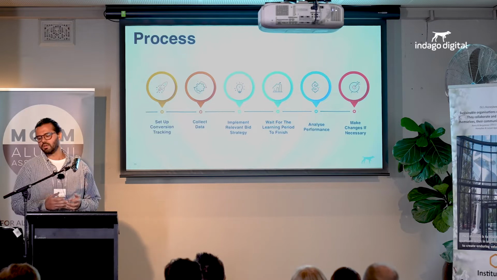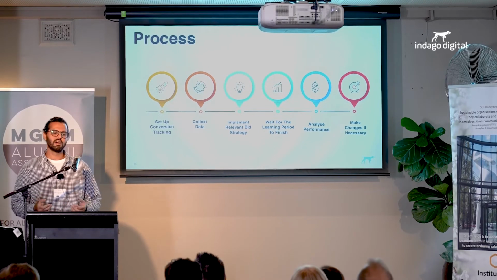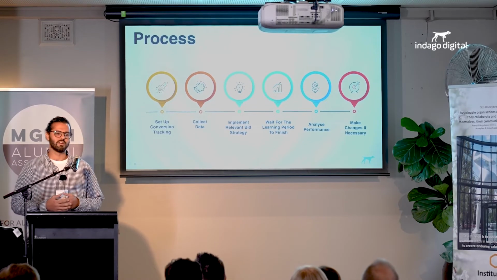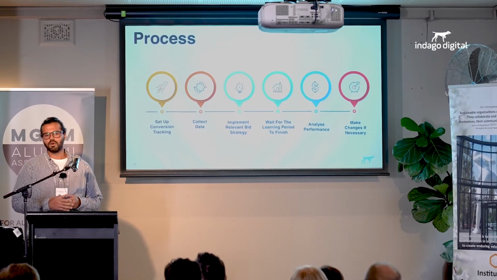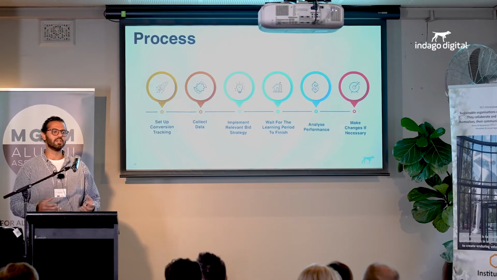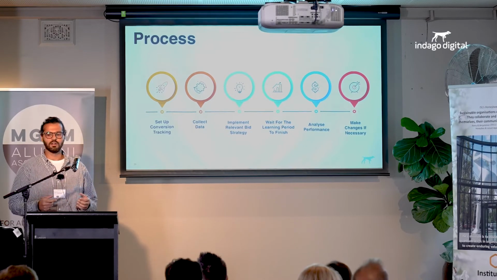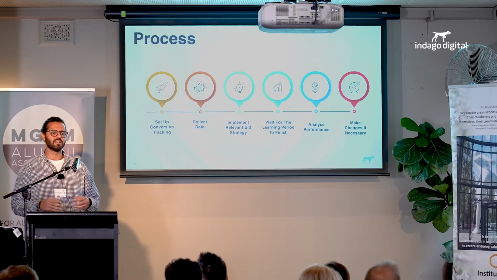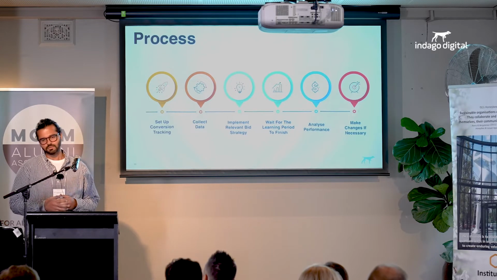And then moving on to implementing the relevant bid strategy. So obviously it's going to be based on your objective. So if your objective is ROAS, then maximize revenue or something like that would be the bid strategy that you'd hopefully go for. Once you implement this bid strategy across all these platforms, the system will take the bid strategy into what's called a learning period. This learning period can last anywhere between 5 and 7 days. So you have to be a bit patient during that learning period, let the bid strategy learn, and then hopefully it comes out of that learning period after that time period.